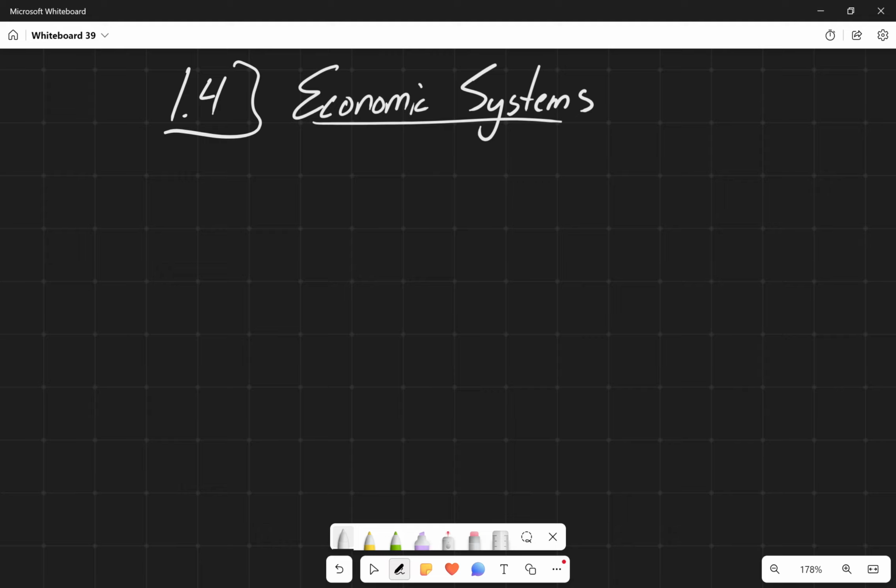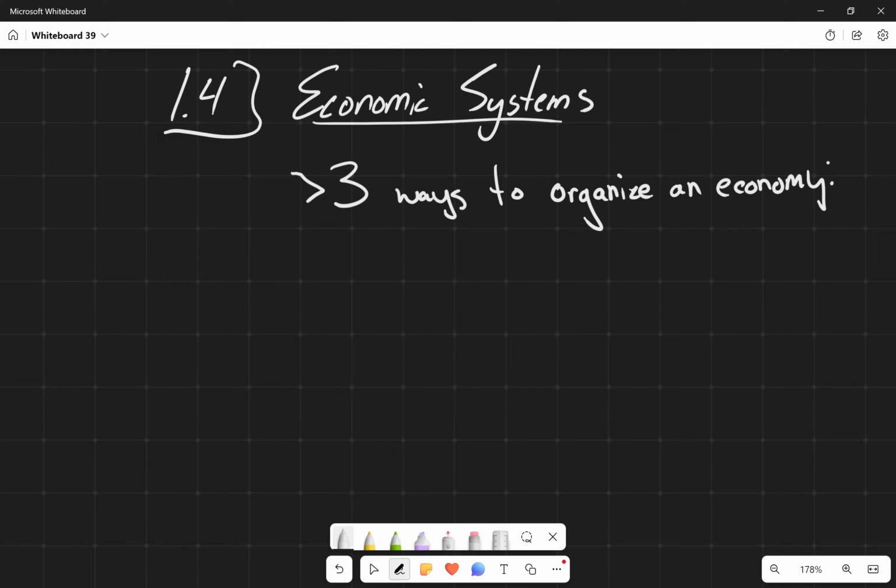So over time, we have found there are at least 3 ways to organize your economy. The first one, tried but true, is what's called the traditional economy.